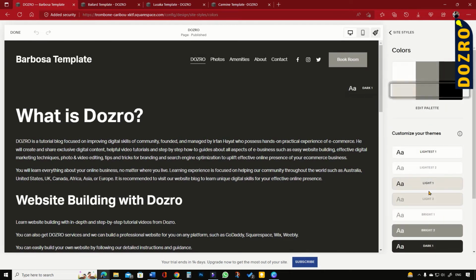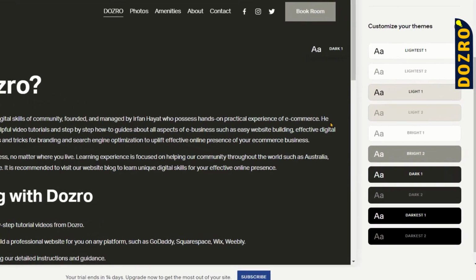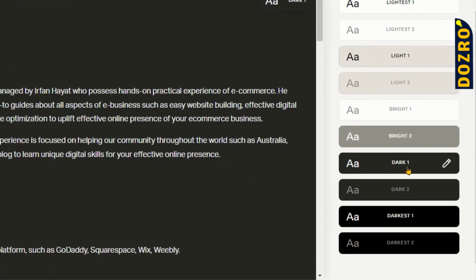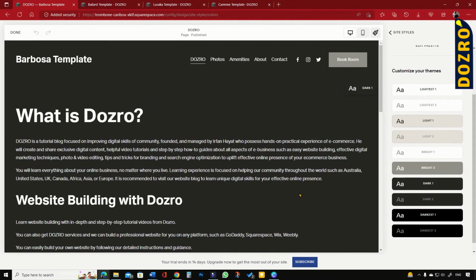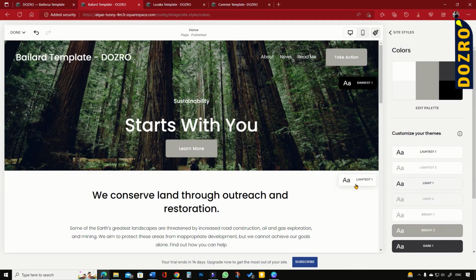You can see that the matching color in the themes list is dark 1. It means the primary color theme in the Barbosa template is dark 1. That is also mentioned inside preview. Similarly, in the Ballad template, the primary color theme is the lightest one,